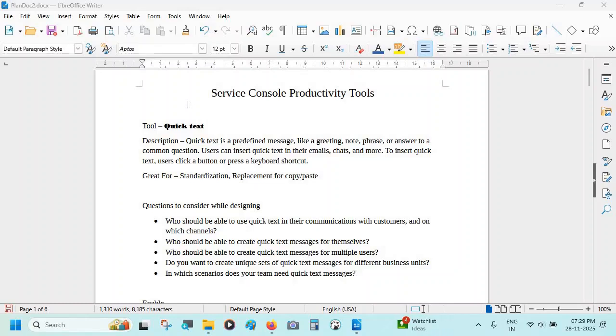Hello, guys. So today we will learn about Salesforce Service Console productivity tools. So we will learn about the tools that are available to increase service rep productivity in Service Console. So the first tool we have is Quick Text,